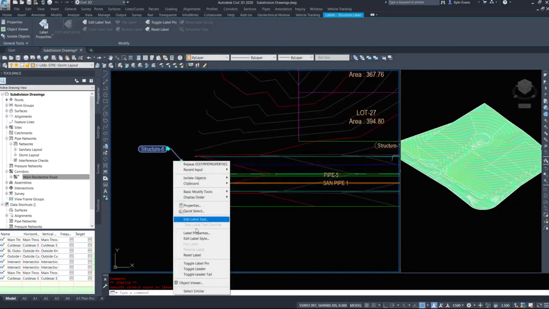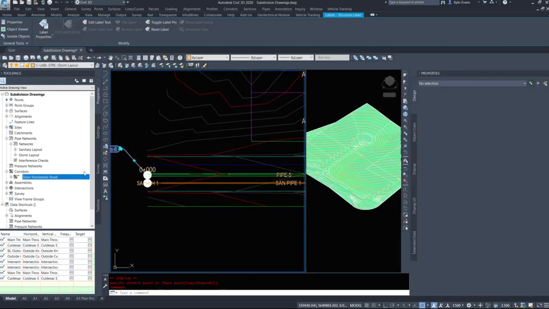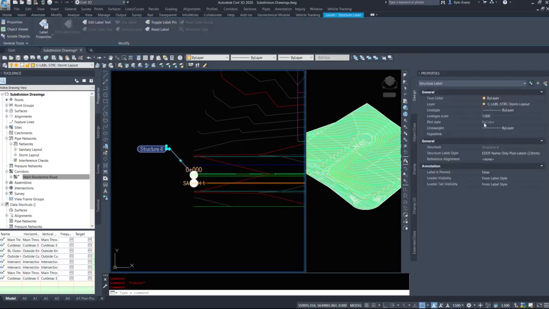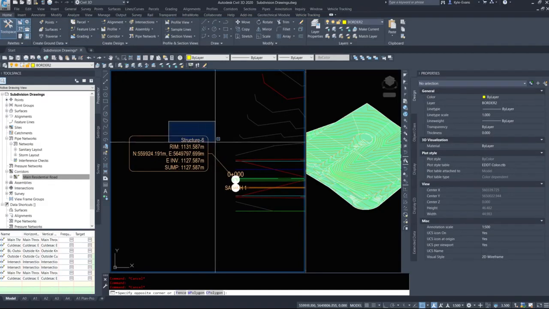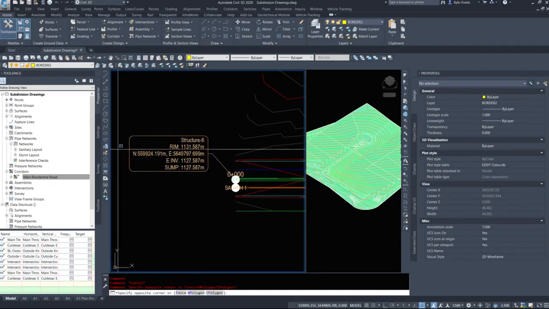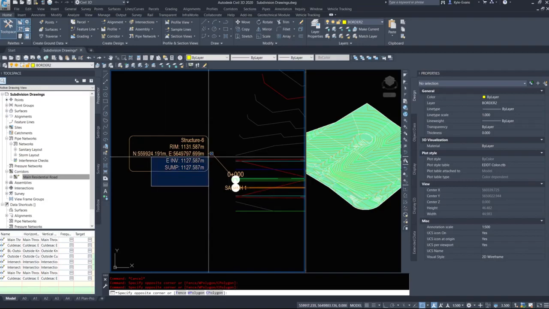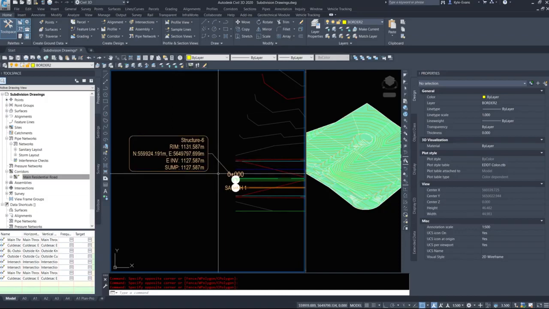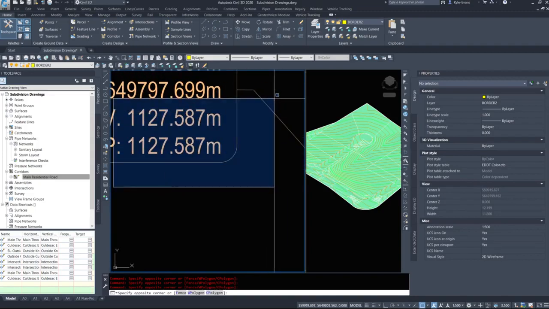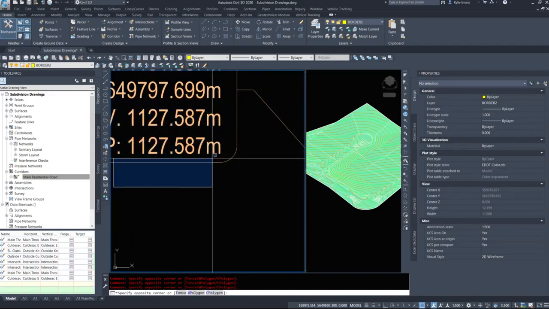And again, it's just a quick label properties. And we will choose our all info plan labels. So this will tell us all the information. It'll tell us the structure name, the rim elevation, the northing and easting, the east invert. And you can make these say east in, east out, west out, etc. It's just in the label style. And the sump elevation. So we want to confirm the lowest invert is the elevation of the sump that Civil